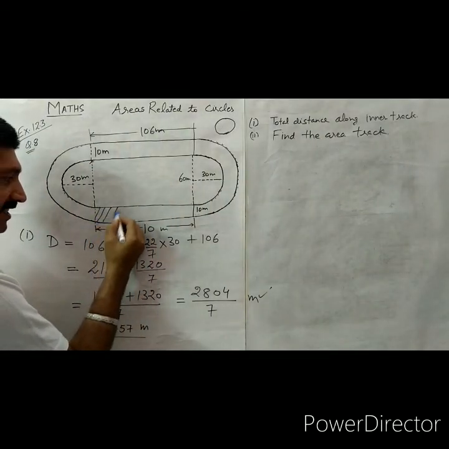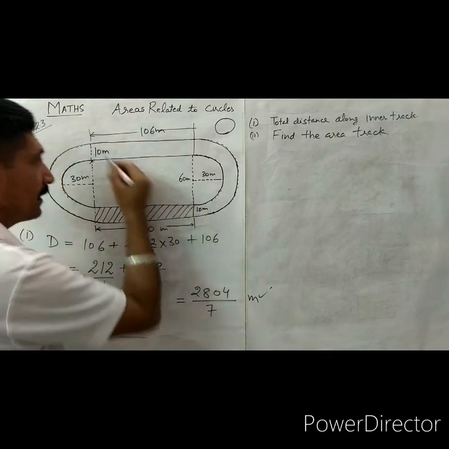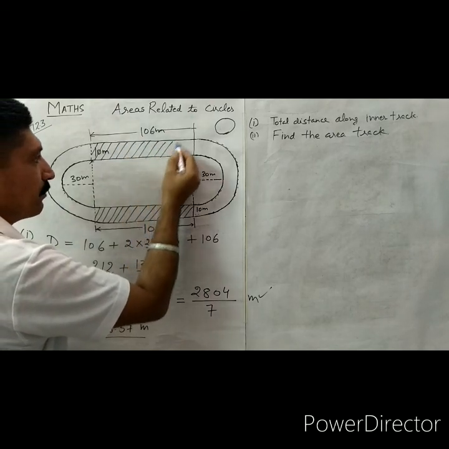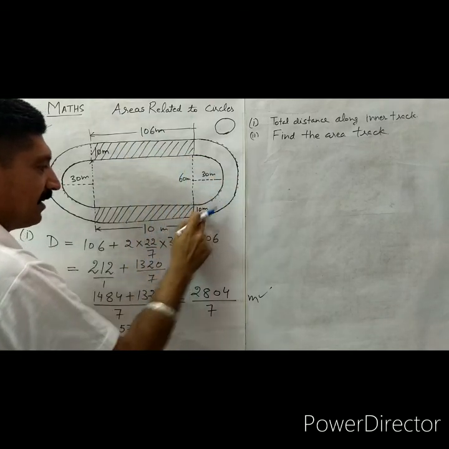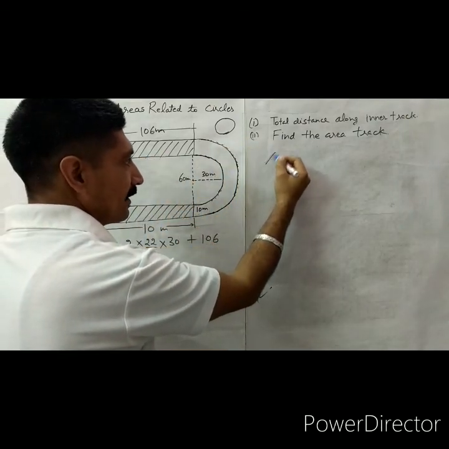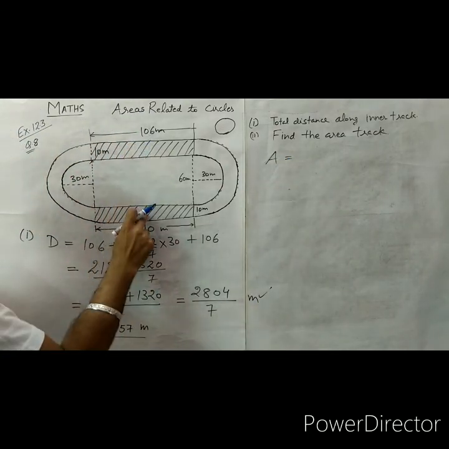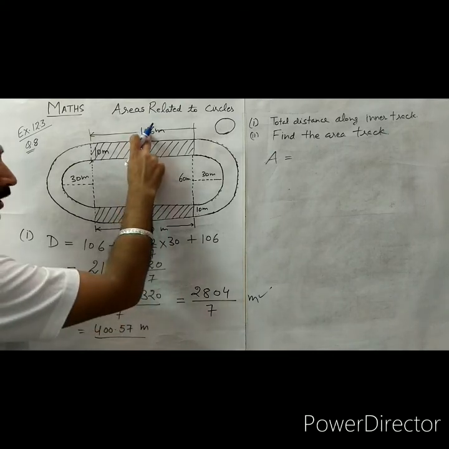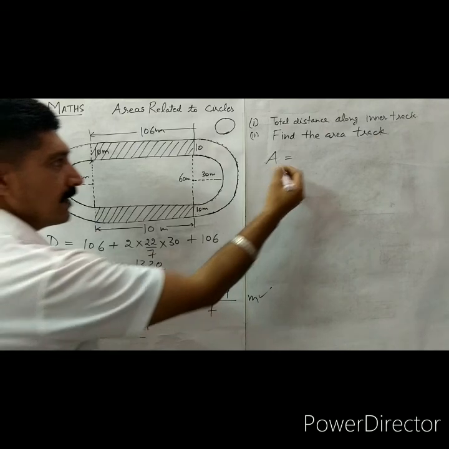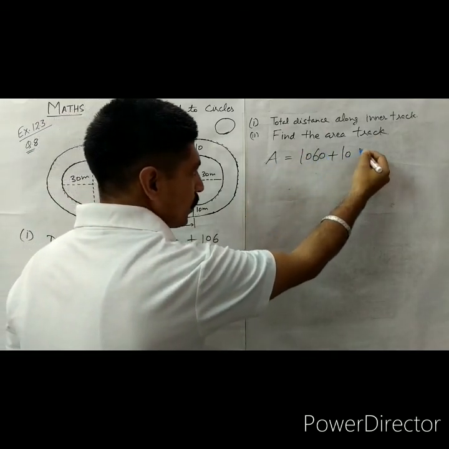this shaded area, this is a rectangular part, and we know the area of a rectangle is length into width. So width is given, width of the track is 10 meter. So the area of the track is equal to, we have two such rectangles. The area of one rectangle is 106 into 10, width is 10. So here area is 1060 plus 1060